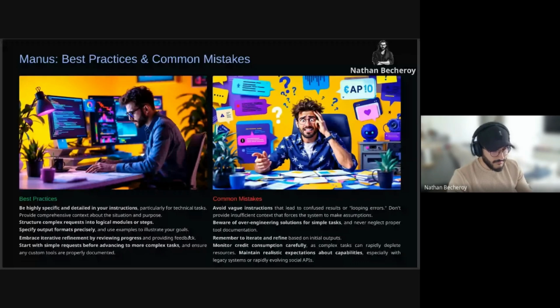Remember to iterate and refine, and monitor credit consumption because it's really important. And you will see that Manus consumes really big credits when you go with multiple sub-agent tasks. It's consuming very much.